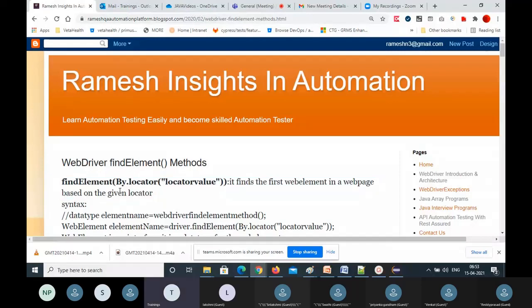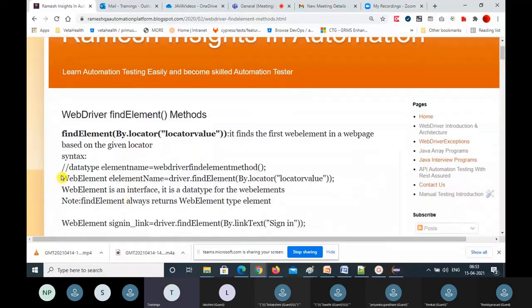So what it does, it finds the element based on the given locator, and this findElement returns a WebElement type. See, this is the return type of the method: WebElement elementName = driver.findElement(By.locator(value)).